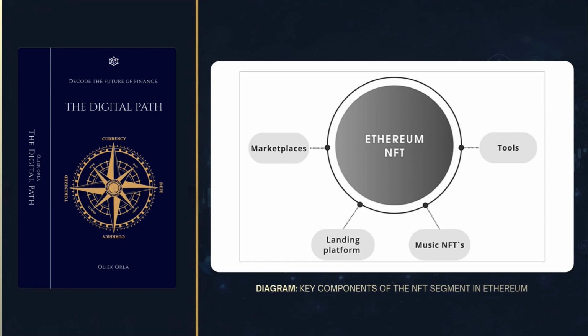NFTs enable true ownership of one-of-a-kind digital assets: artworks, in-game characters, virtual land, music tracks, and collectibles. Unlike fungible cryptocurrencies, each NFT has its own identity and transaction history. Ethereum's smart contracts, powered by ERC-721 and ERC-1155 standards, ensure authenticity and secure transfer of ownership without intermediaries. As a result, Ethereum has evolved into the foundational layer of digital culture, where creativity, ownership, and economics converge within